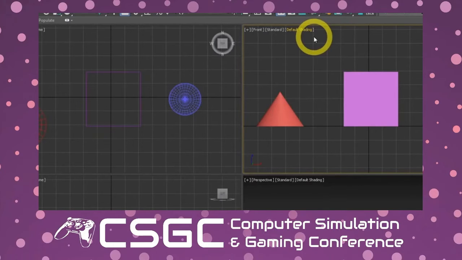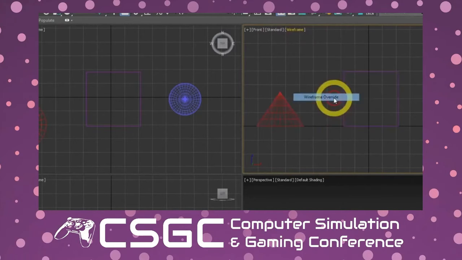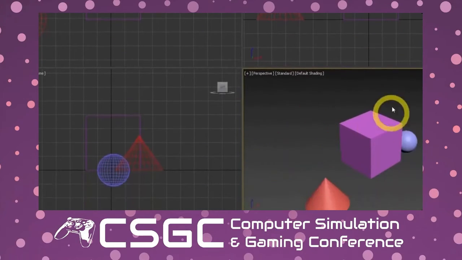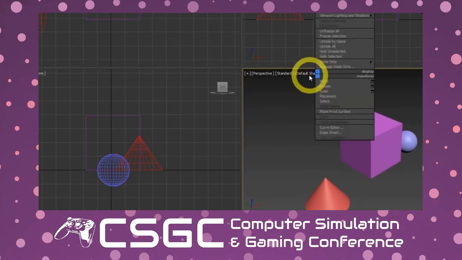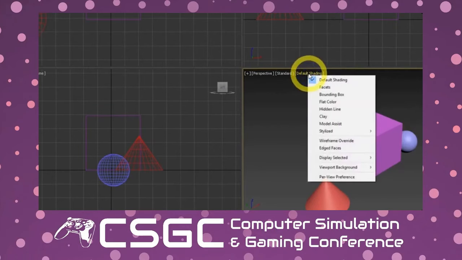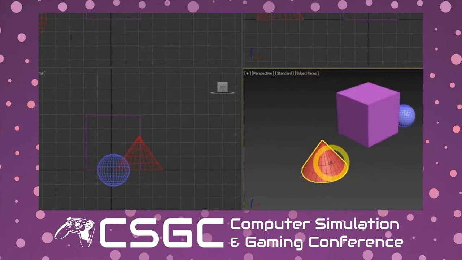Now again, this doesn't really do a whole lot when you're manipulating the objects as far as shape. You want to be able to see all those points on the object. So I'm going to change this back to the wireframe mode. In the perspective window, again, typically it's set to default shading so you can get more of a sense of how the framing of the scene looks versus manipulating the individual objects. However, if I click on the default shading here, I can also do edge face, which allows me to have a shaded object, but also see a wireframe outline over the shadedness of the object.